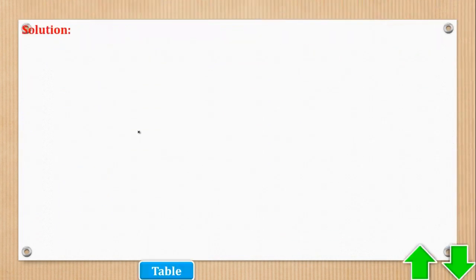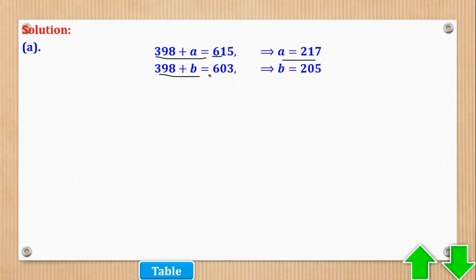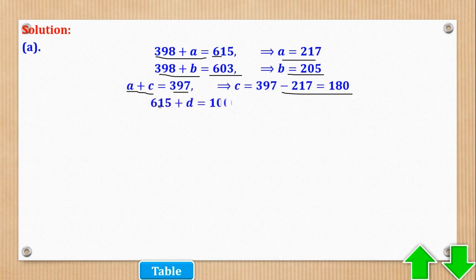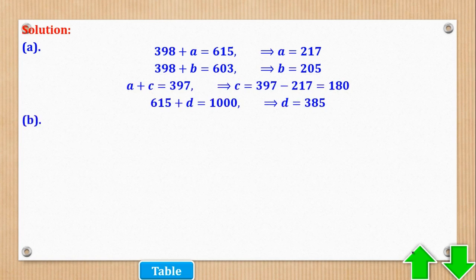So for part A we shall say this plus that equal to this, meaning A is that. This plus this equal to this, meaning B is that. This plus this is equal to this, meaning C is that. And this plus this is this, meaning D is that. Then part B, that was part A. Then part B,